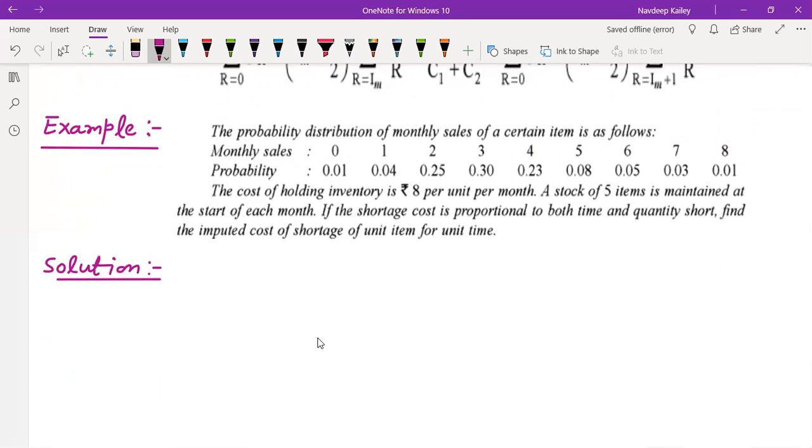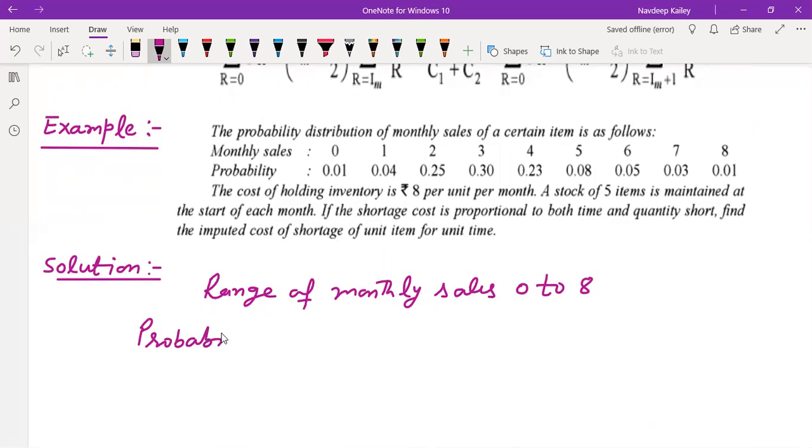The range of monthly sales is from 0 to 8, and the probability PR for sale capital R in each month is given as